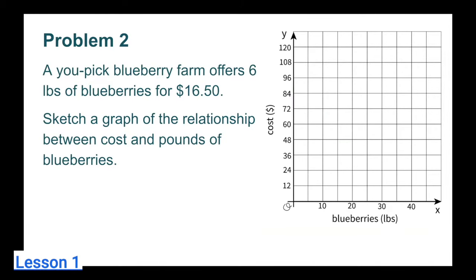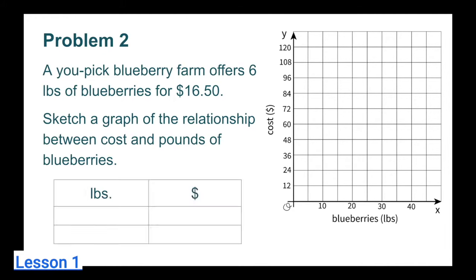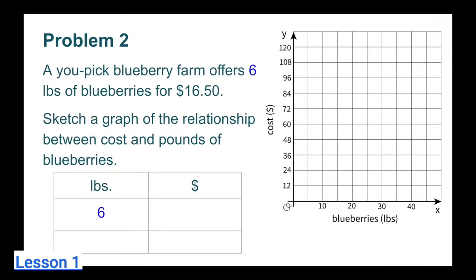Number 2. A U-Pick blueberry farm offers 6 pounds of blueberries for $16.50. Sketch a graph of the relationship between cost and pounds of blueberries. First, I'm going to build a table. I have pounds on the left and dollars on the right. They tell us that you get 6 pounds of blueberries for